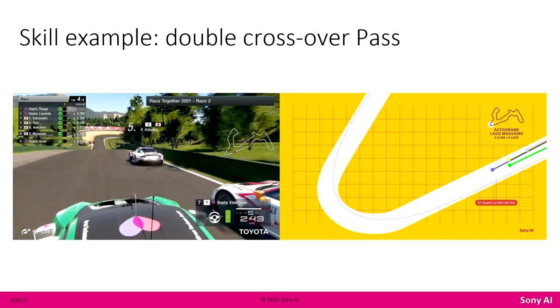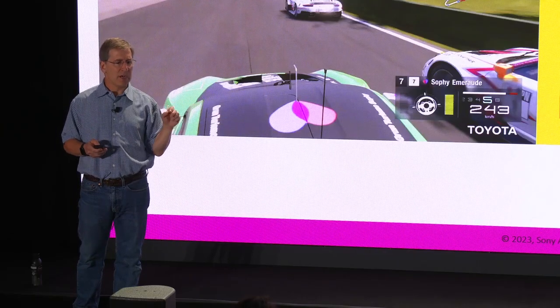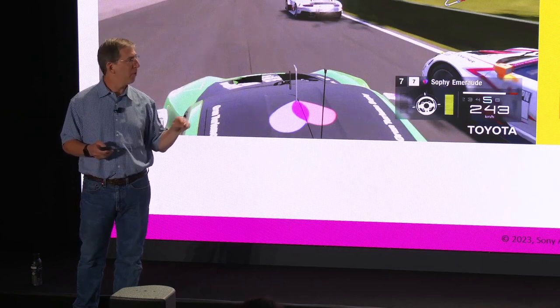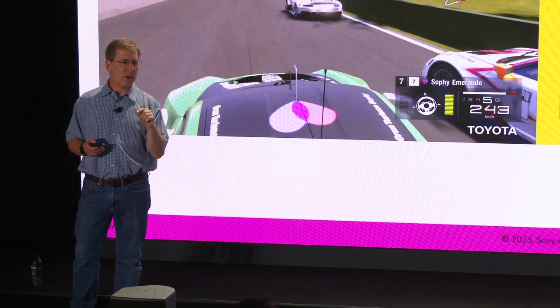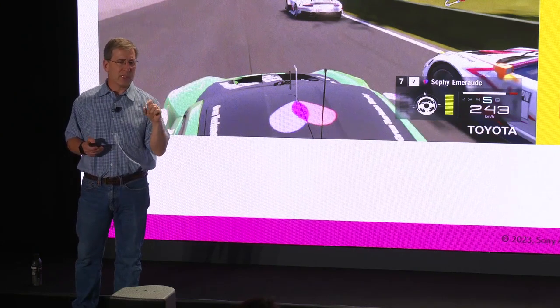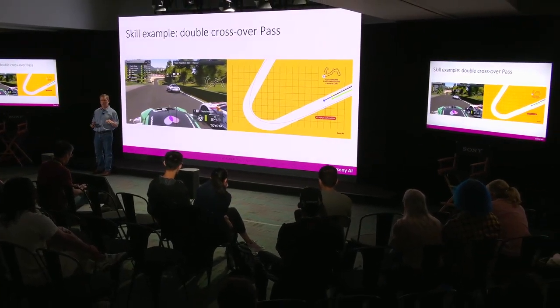This is a more complicated example, which Katano-san showed this morning. I'll explain it a little more now. So we're going to watch later in that same race, the gray and the green car are battling it out with the humans here. And while we run this video of the actual event, on the right side, we have the trajectories of the cars as they go through this maneuver. And the dotted line, the red dotted line for reference, is the path that GT Sophy would take if it was alone. So you'll see how different these trajectories are as these cars are battling against the humans and responding